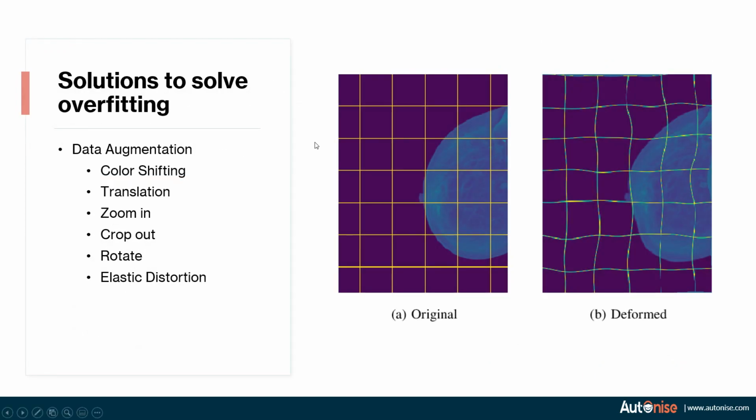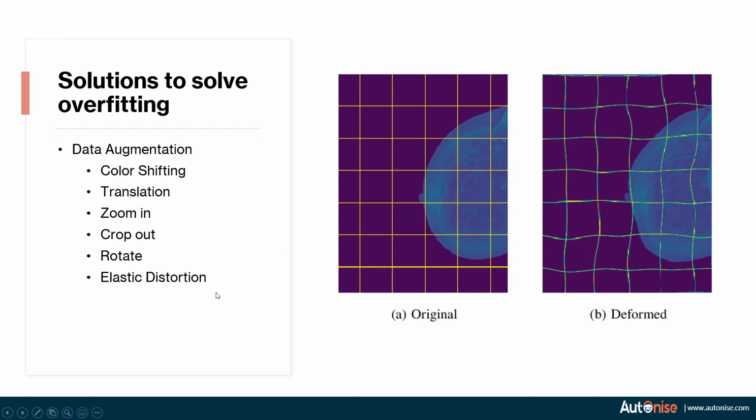One last method to artificially increase your dataset is elastic distortion. This is a very specific kind of data augmentation and is usually very good for medical datasets. In medical datasets, we have the images of tissues, and the cells in the tissues get deformed easily by the different water molecules which are available in the tissue. So there is an algorithm which is able to simulate the same deformation as water does because of surface tension in the tissues, and that's called elastic distortion.